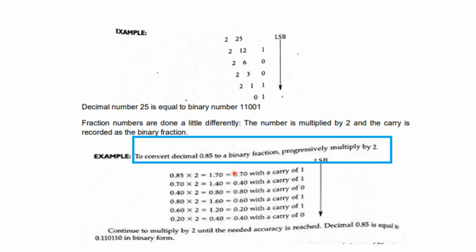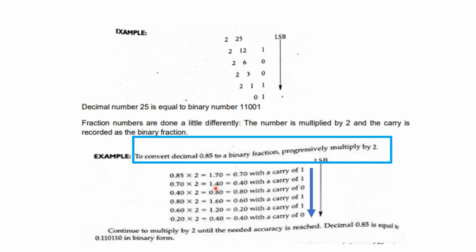But this time, it's the opposite. You are going to convert decimal to binary fraction. This time, it will be done by multiplication, because again, this one is decimal to binary. So here, the decimal is 0.85. So times 2 is 1.70. So you get the 1. So that's 0.70.